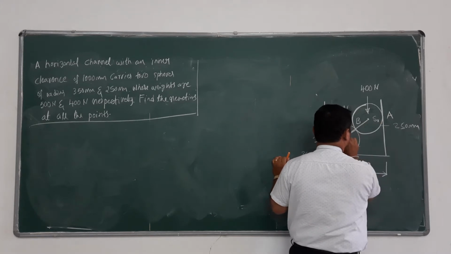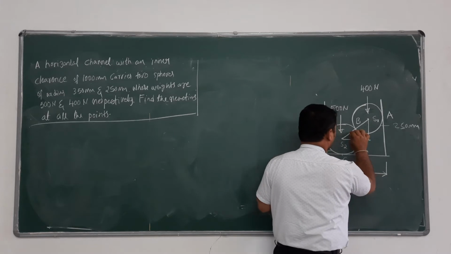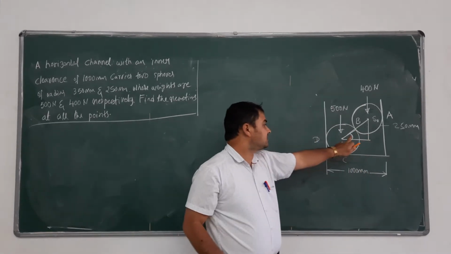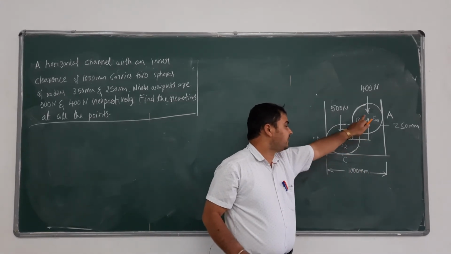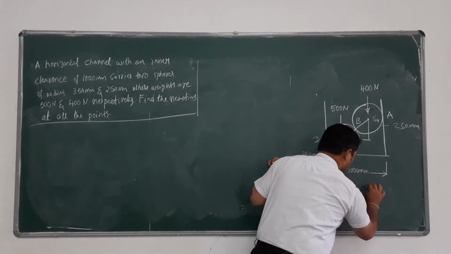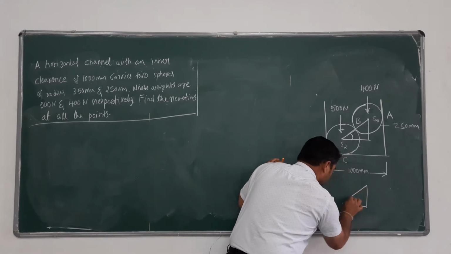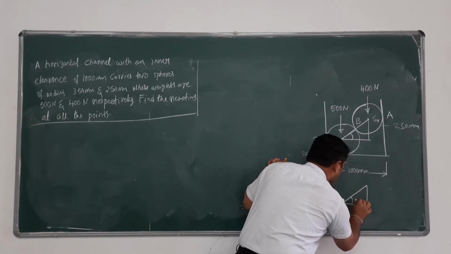So this we have to calculate. We have to calculate the inclination of this reaction between the sphere S1 and S2. So now take that angle. You can call this as theta.